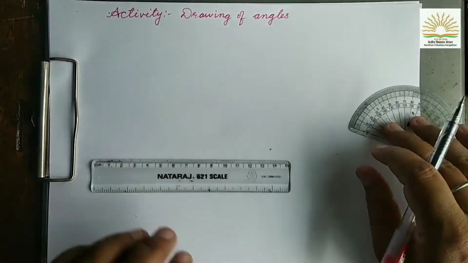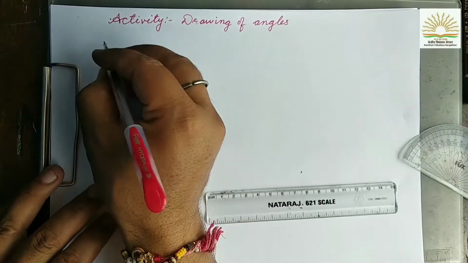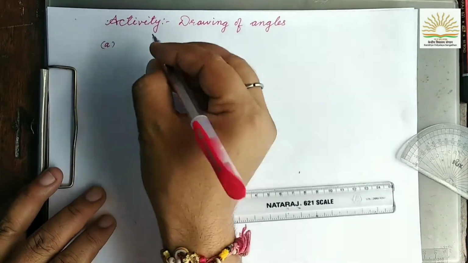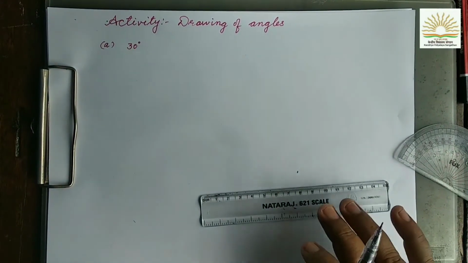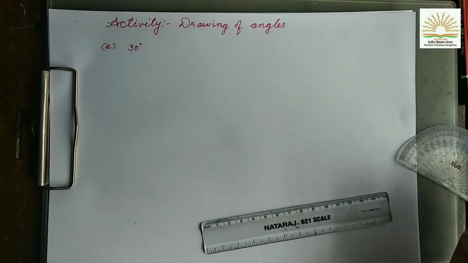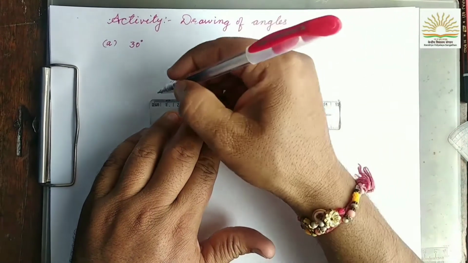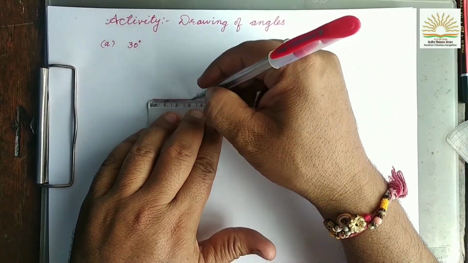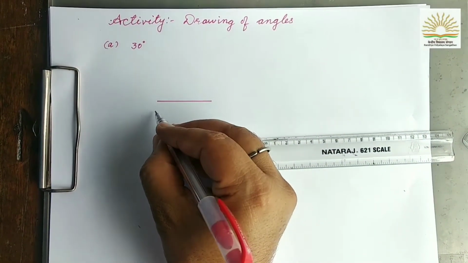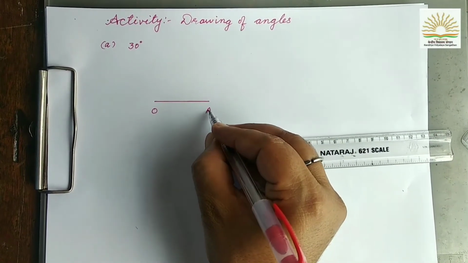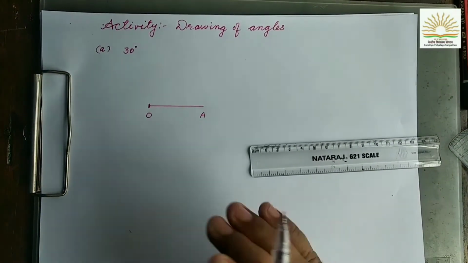So I am drawing a line here. This is the first step. Now I am going to draw an angle of 30 degrees. Degree is the unit of angle. First step: you have to draw a line here of any length and name it OA, and mark a small line here so that you can visualize it